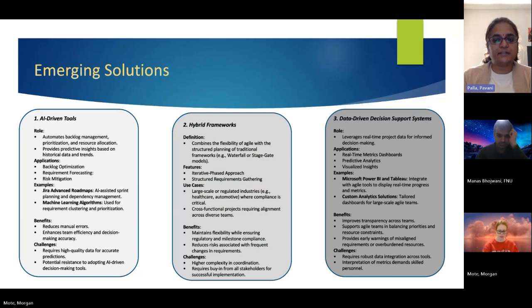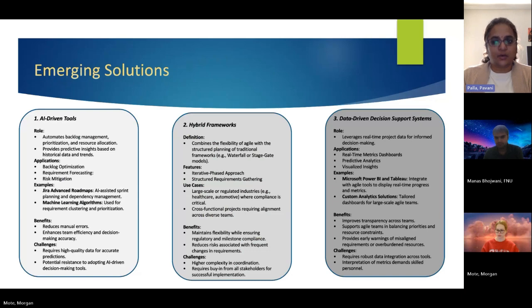The second solution is implementing hybrid frameworks, blending Agile's adaptability with Waterfall's linear structure, ideal for large-scale or regulated projects needing flexibility and strict milestones as well. So a hybrid model might use Agile sprints within a stage gate process, aligning incremental progress with the long-term goals. This integration ensures responsiveness to change while maintaining stability, which makes it an ideal choice for complex requirements or